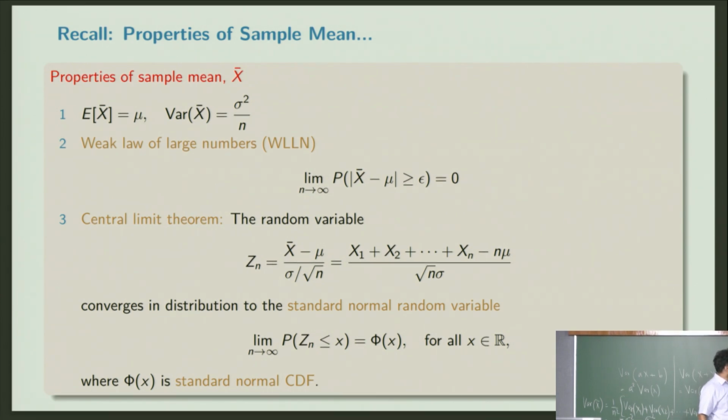The sample mean x bar is the sum of x1, x2 up to xn, divided by n. Obviously n going to infinity means your sample size is getting bigger. You are computing the sample mean over bigger and bigger sample sizes. So as n tends to infinity, the probability of the sample mean being far away from the true mean becomes very small.